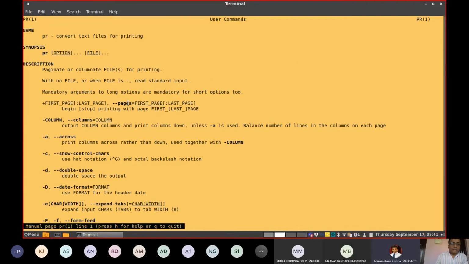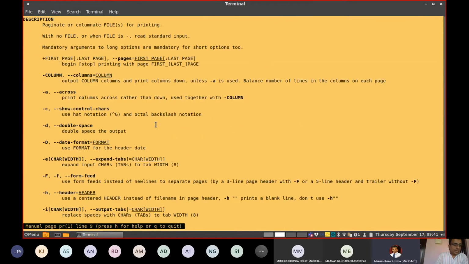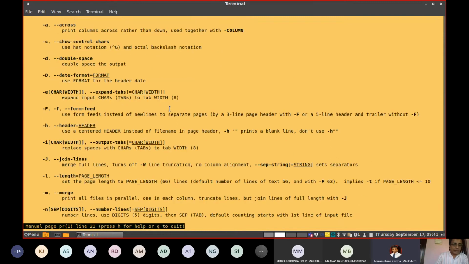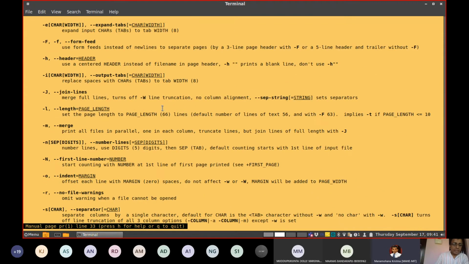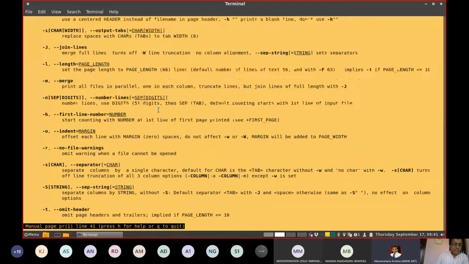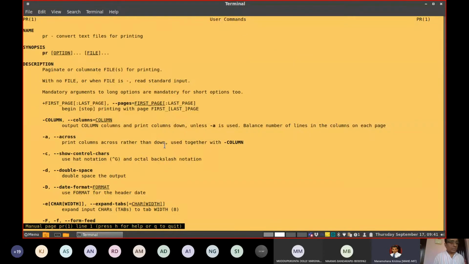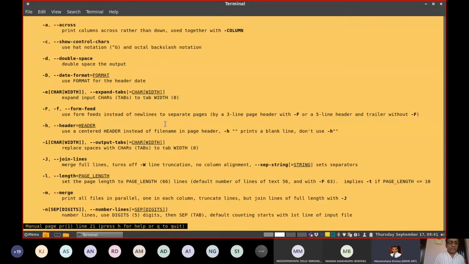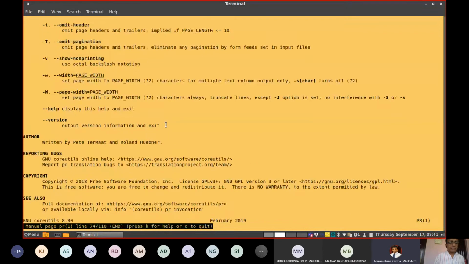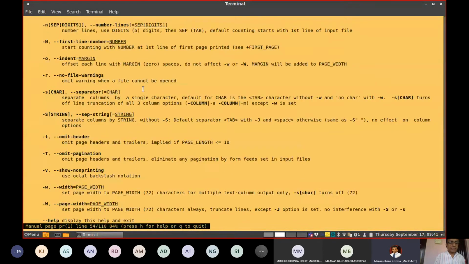Mandatory arguments to long options are mandatory for short options too. There are different options. You can experiment on this. What I suggest is to create one experimental database, something like what I showed you, emp.lst, and on that you can experiment with all these commands we are going to discuss today in the class.